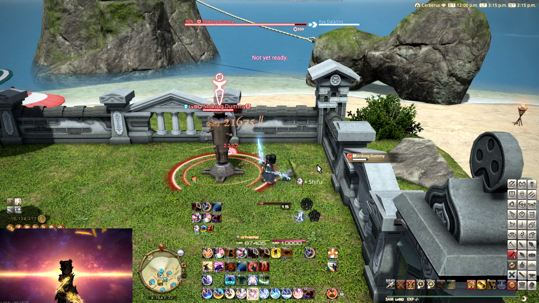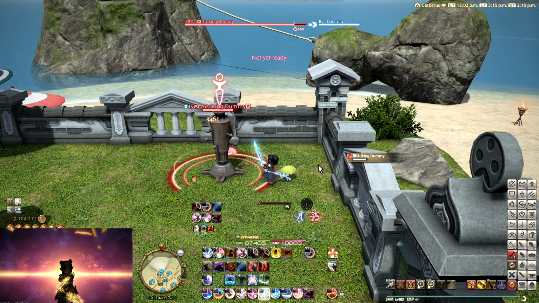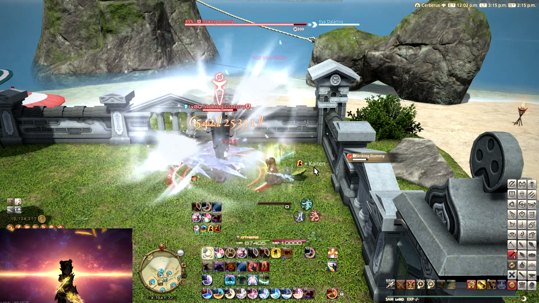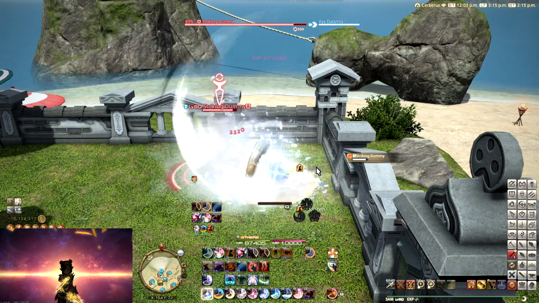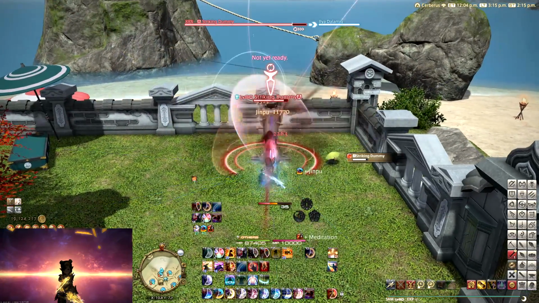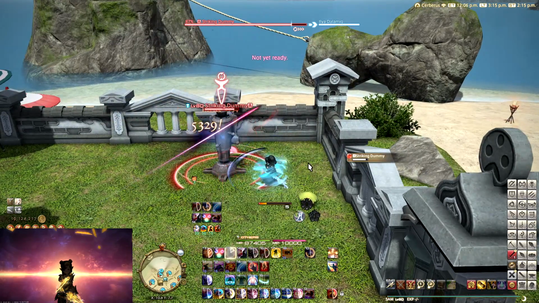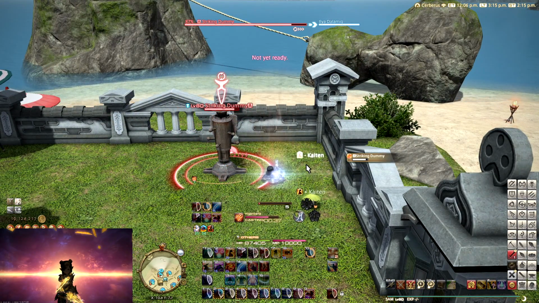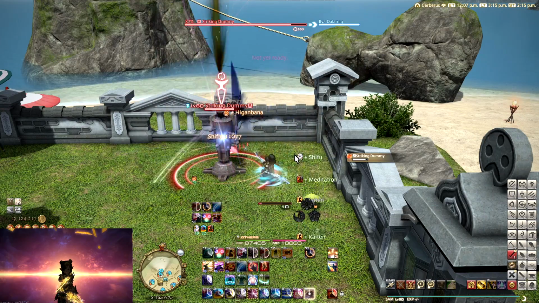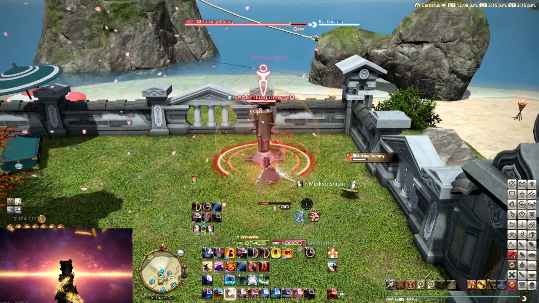And we're gonna do one more Midare. Now every combo of Samurai, doesn't matter which one it is, as long as you hit the positionals of course, will generate 20 gauge for you. So if you know that, then you pretty much know how much gauge you're going to be generating every single time, which is very important as well when it comes to knowing how much you need to keep for your,